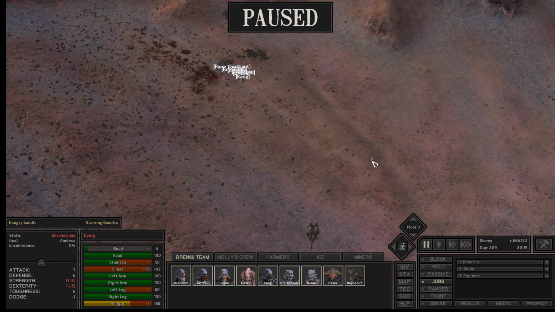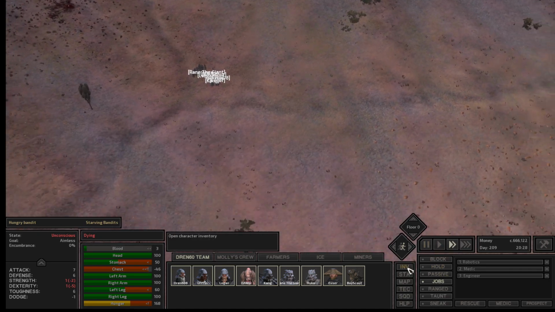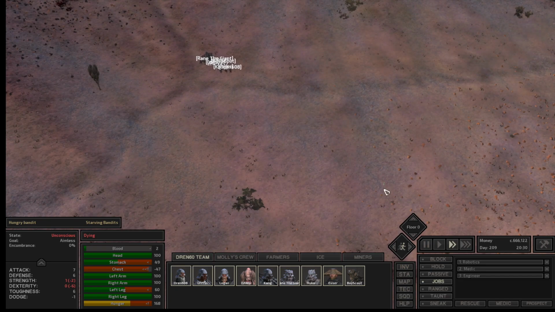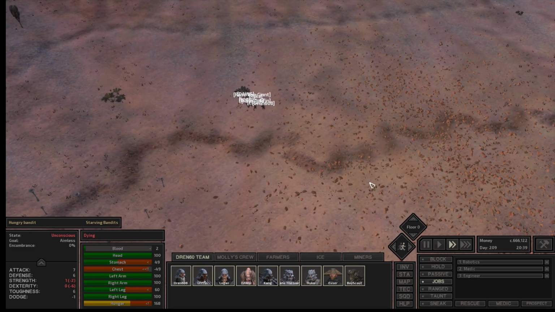That is one of the bad things about doing the import, is that all these gangs like Hungry Bandits and Dust Bandits, they all seem to respawn, so you end up with tons of them back getting in your face. So try to avoid imports if you can. Sometimes you have to do it to fix a problem, but